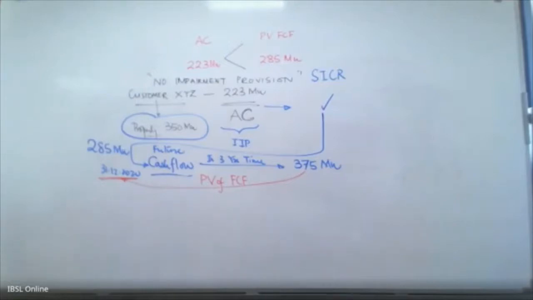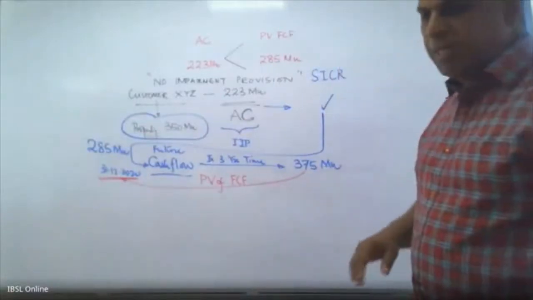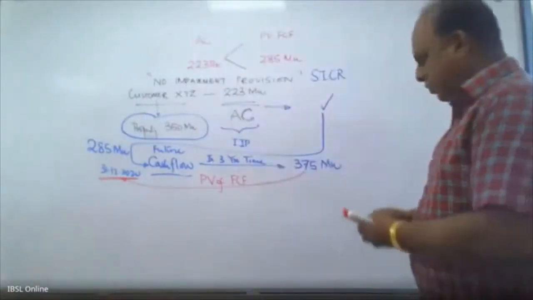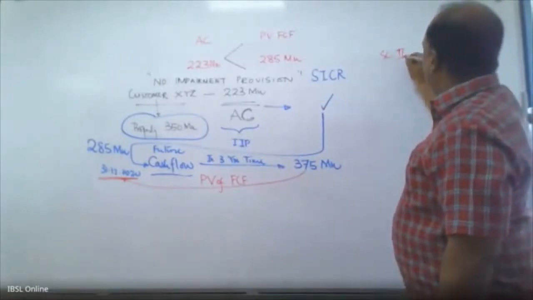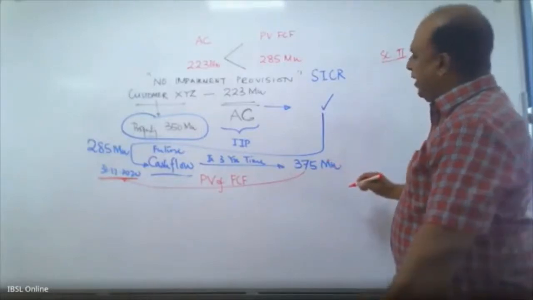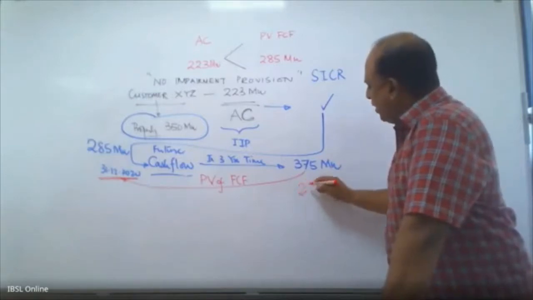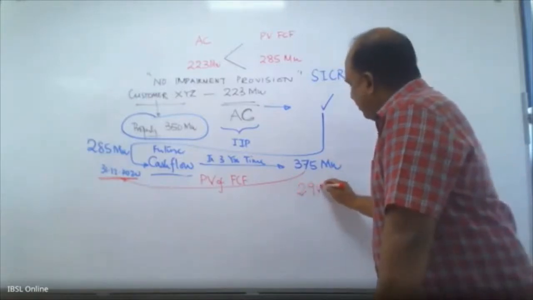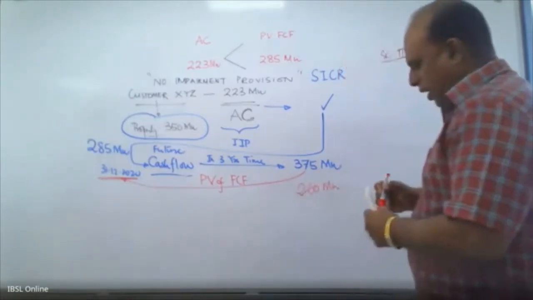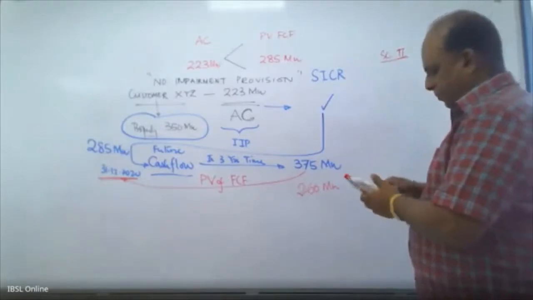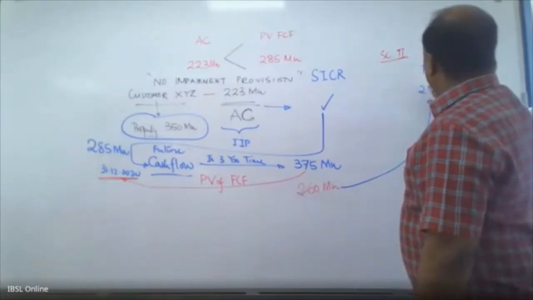Let's look at another scenario. Let's assume this is scenario 1. Scenario 2, due to some reason, this property has gone down in value. Let's say it is about 290 million or 260 million. And when you do the present value, it's only 201 million.